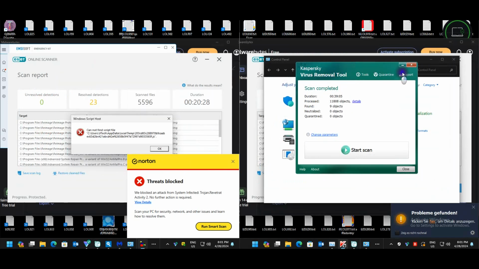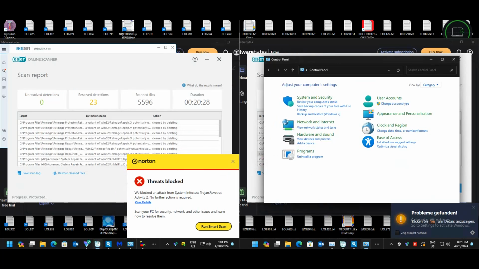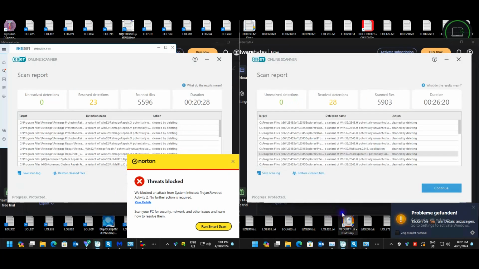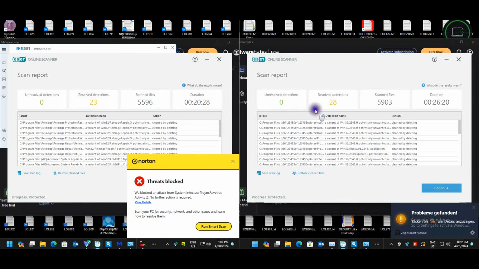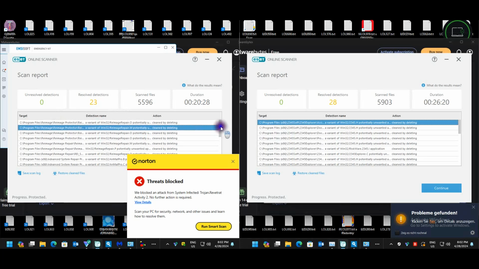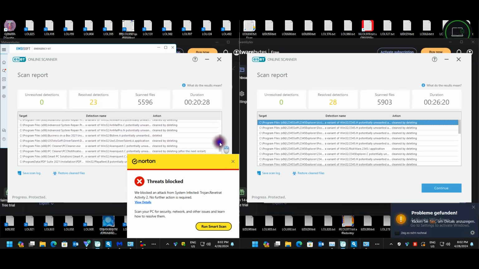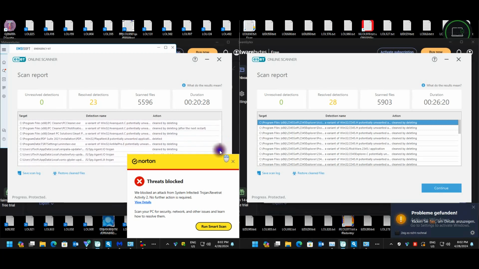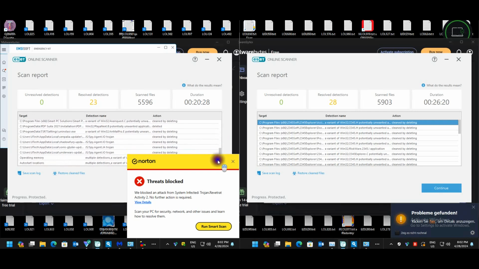Okay, so I'm just going to close this. And then we're going to look at our ESET quick scan. So I only did a quick scan. The full scan tends to take a little bit long. We've got 23 versus 28. So it seems like if we just sort these by targets, it's complaining about this one program that obviously installed. Seems like it's just programs that installed. And then we've got some other Trojans here under app data local, so it's not in our normal locations. And then we've got in memory and auto start.